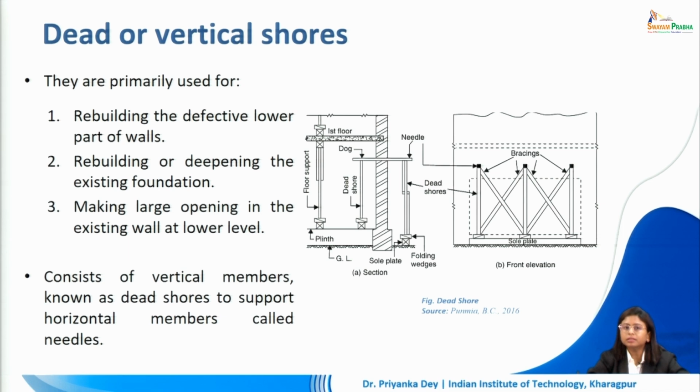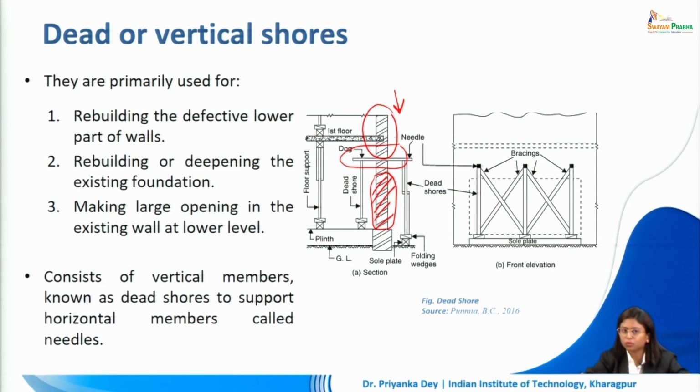Now primarily this is used when we are rebuilding the defective lower parts of a wall, or we are rebuilding or deepening the existing foundation, or we are making a large opening in an existing wall at a lower level. So what this shore is doing is it is supporting the portion of the wall above the opening. So if I am providing shoring at this level, I can create an opening in this lower part, and the upper part of the wall will not collapse because the needle from the dead shore is holding it in position